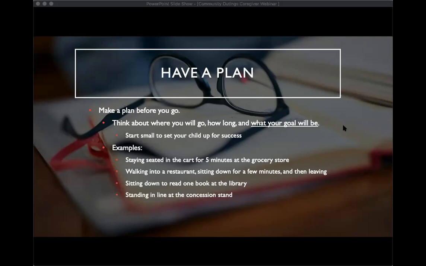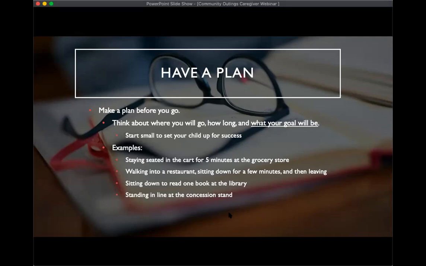So, for example, if you're working on going to a whole new place and your child really struggled with that the first time that you tried, you may get to the door before you decide to head home, and that's okay. It's important to keep your goals small and work up to the big goals so that your child is able to contact success on these outings. We want to really start small and really make them know that it's not as overwhelming as they feel like it is. So let's work through some examples.